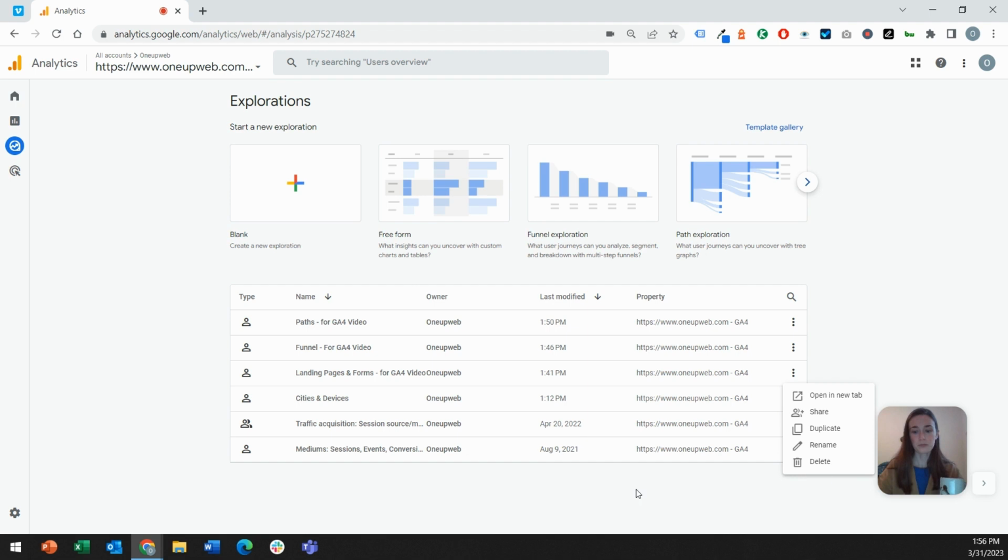You can also make these private, so you'll notice that on the left under type, if it's a single user image, then that means only you, the holder of the email login that you used, is able to see this. The ones that have two users depicted are available to anybody with access to your property. So you can change those privacy settings however you'd wish. If you prefer to fiddle around with one of these without anybody else seeing it until you're ready to share it, then you have that option.